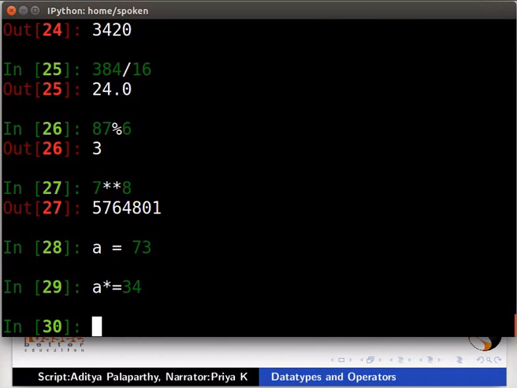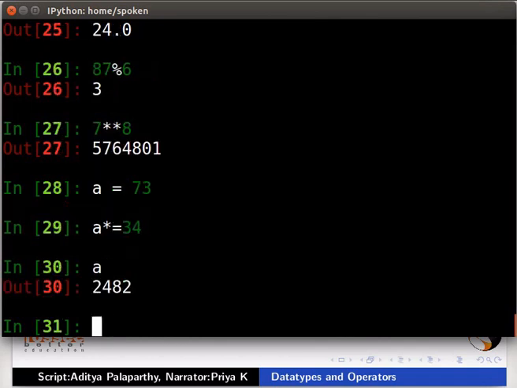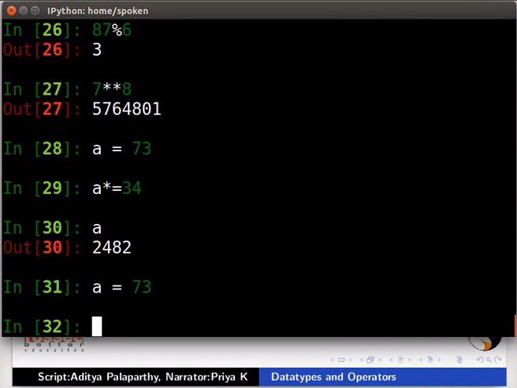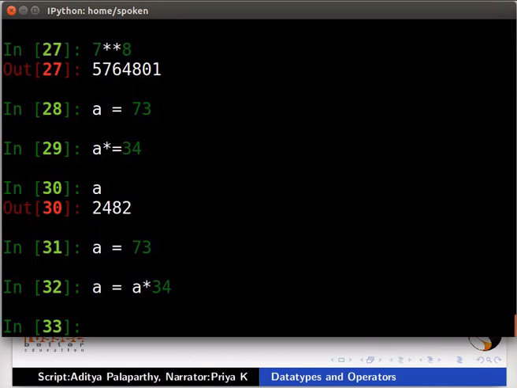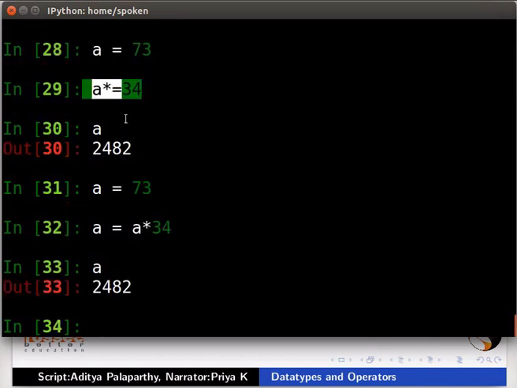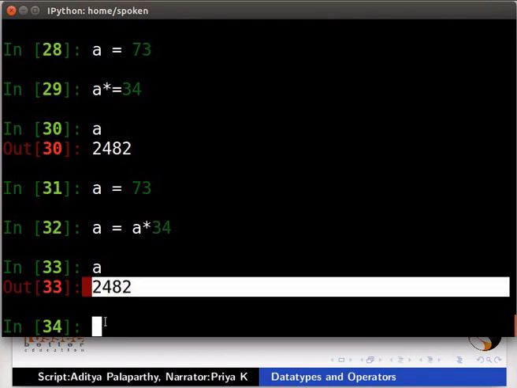To see the value of a, type a. Again, we will assign the same value to a by typing a is equal to 73. Type a is equal to a asterisk 34. Type a. You can see that both the expressions are giving the same value.